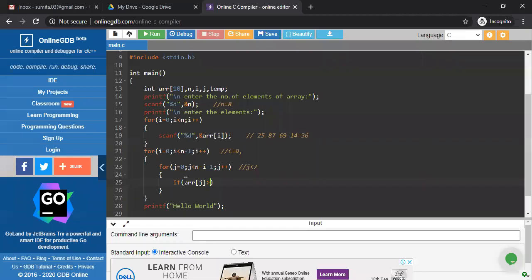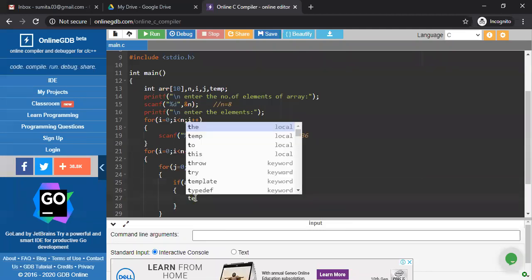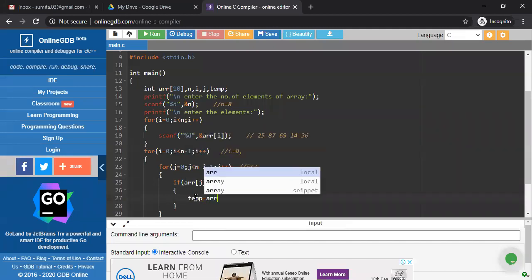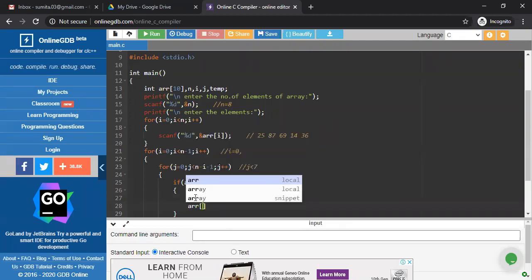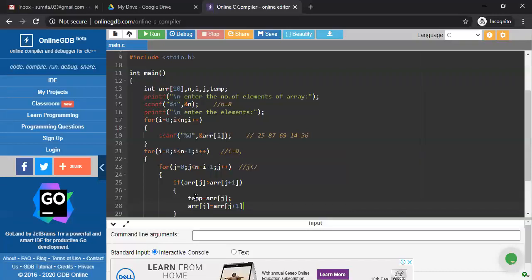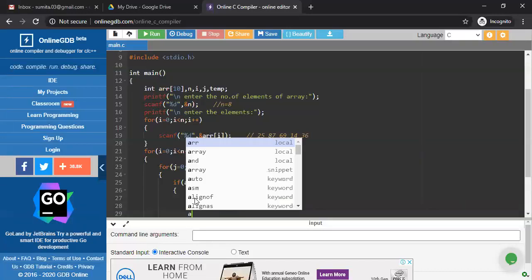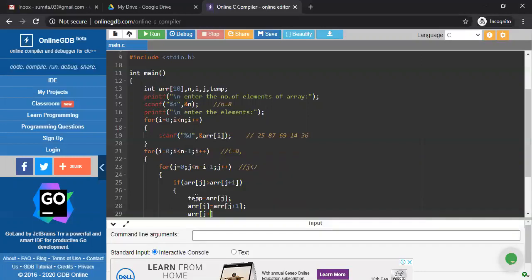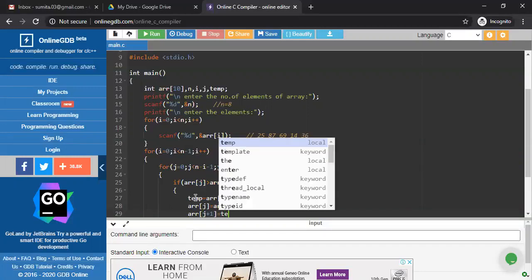So if ARR J is greater than ARR J plus 1, then temp is equal to ARR J, ARR J is equal to ARR J plus 1, and ARR J plus 1 is equal to temp.